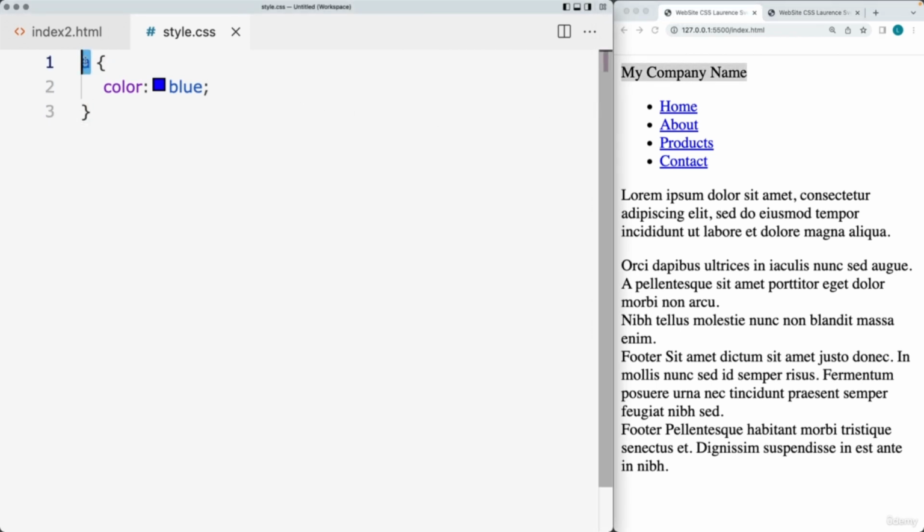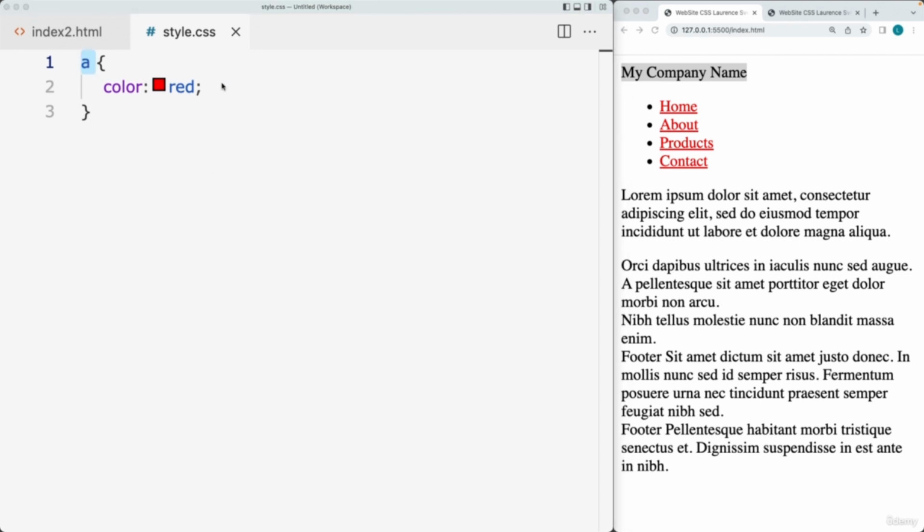And that's the selector. The selection process is what's known as the selector. And then once you've made the selection, next you select the property that you want to use. In this case, we're using the property of color, and we're setting the property value to be blue. So changing the property value will apply a different value to that color property. And both of these together are what's known as the declaration. So we're declaring the color property to be set as red within the anchor tags selected from the web page